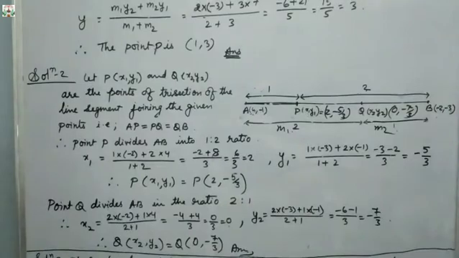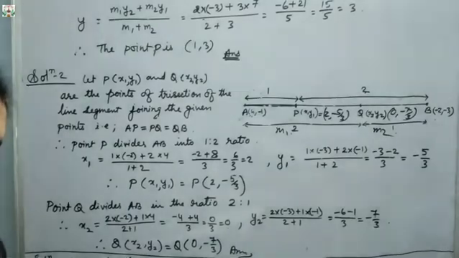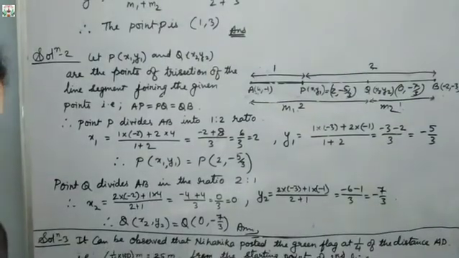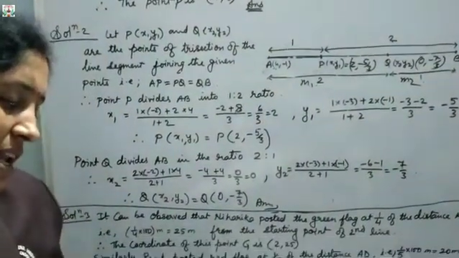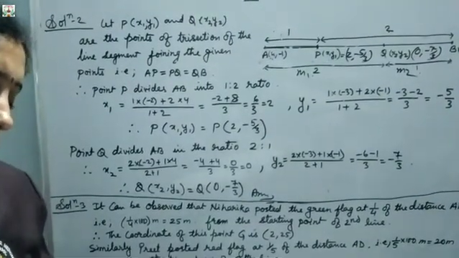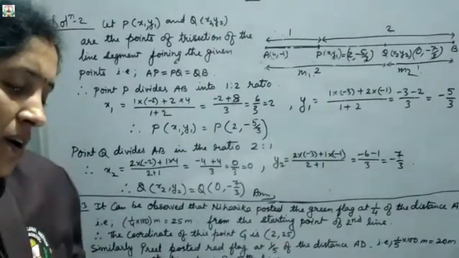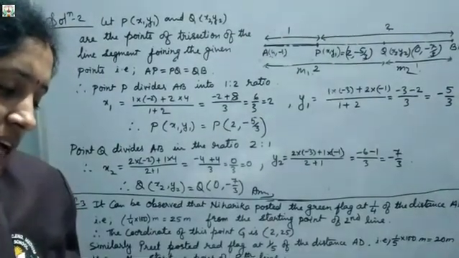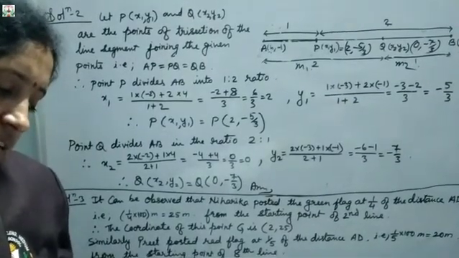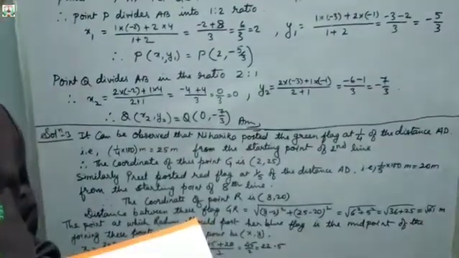After that, let us see the third question. The third question is: to conduct sports day activities in your rectangular shaped ground ABCD, lines have been drawn with chalk powder at a distance of 1 meter each. Okay, 1 meter each. 100 flower pots have been placed at a distance of 1 meter from each other along AD. Okay, you can see the figure. The figure is given in the book.